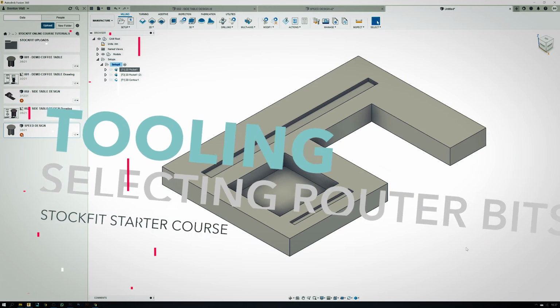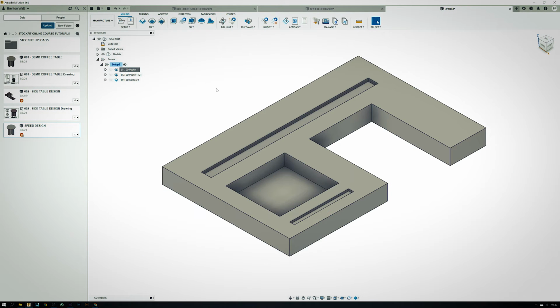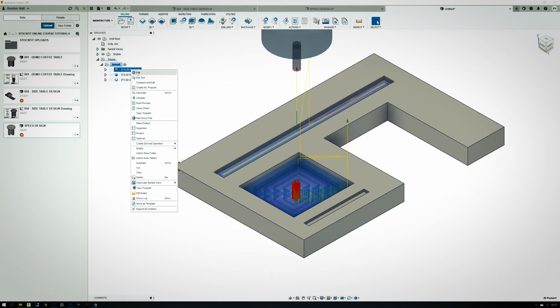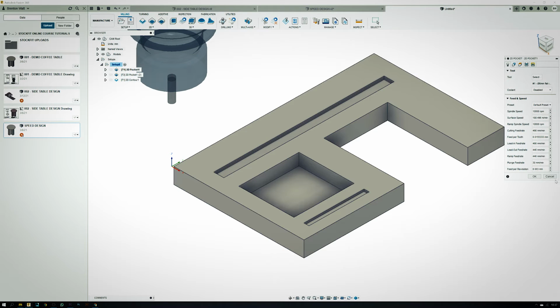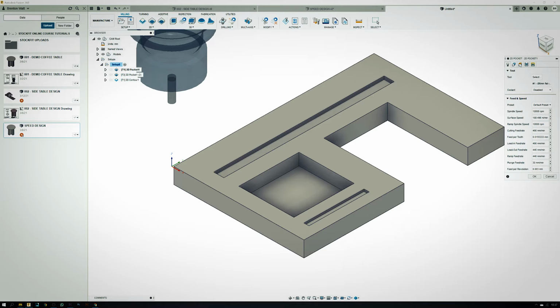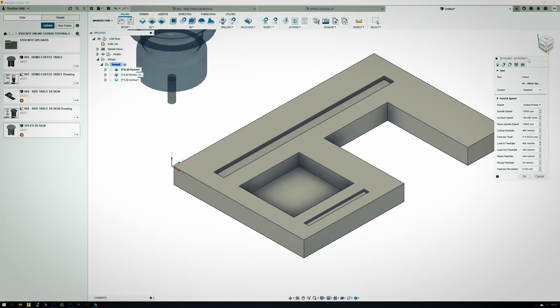Okay guys, during the next lesson we're going to be covering just basic tooling and how to access the tools that you might have in your workshop environment. So we'll go back to this previous model that we've designed just to show you the pockets and the different things. On this 2D pocket, we'll just go to edit: right click, and for those of you who don't know, you right click and say edit, and you'll have the complete set here,